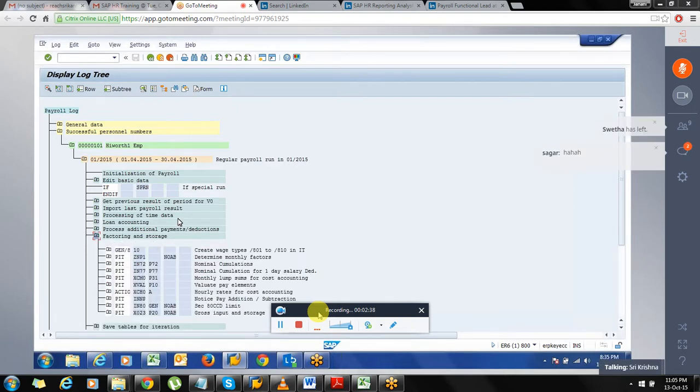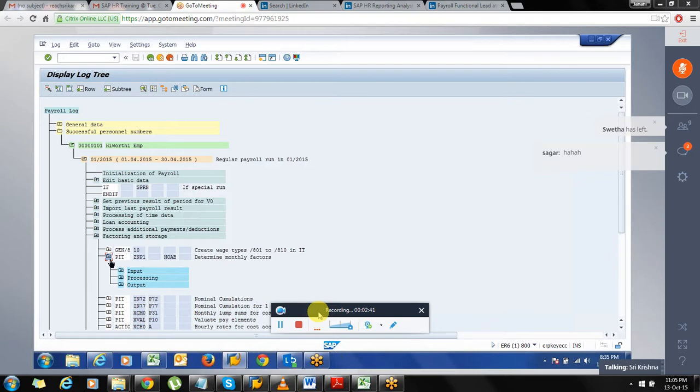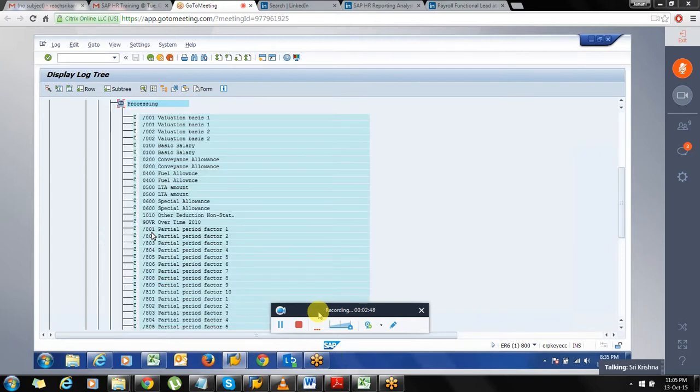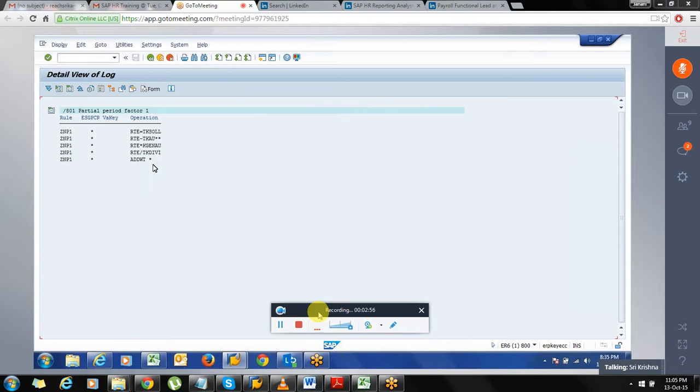The same thing, we have one split over there, which means we are getting two wage types for each one. If you see 801 with the split, here again there is 801 because of the split. If you see the first split, it will read like this. The same thing I have put in Excel. It's the same calculation we discussed yesterday. The only thing we missed yesterday is that here we have to take 30, and we were dividing with some wrong calculation. So it will be T SOLL.